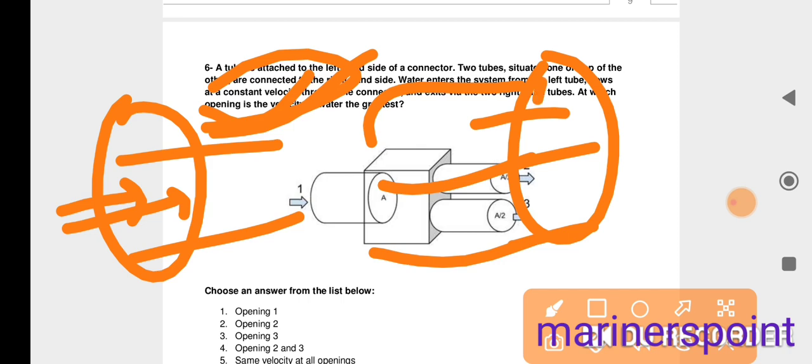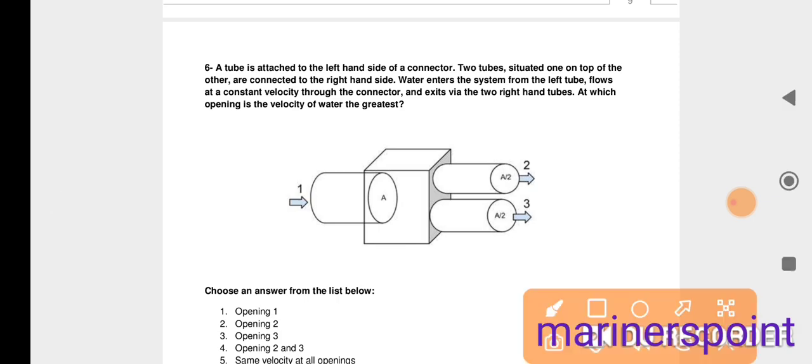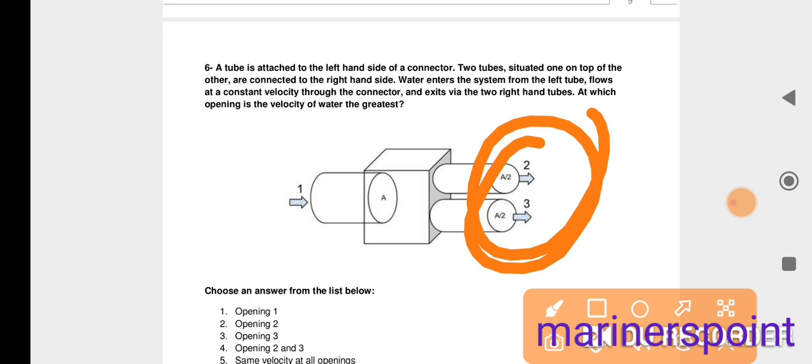If the cross sectional area differs, then the velocity will increase or decrease. If the cross sectional areas of 2 and 3 total A, that's why the velocity of water will be the same. So the right answer is the same velocity at all openings. Okay,